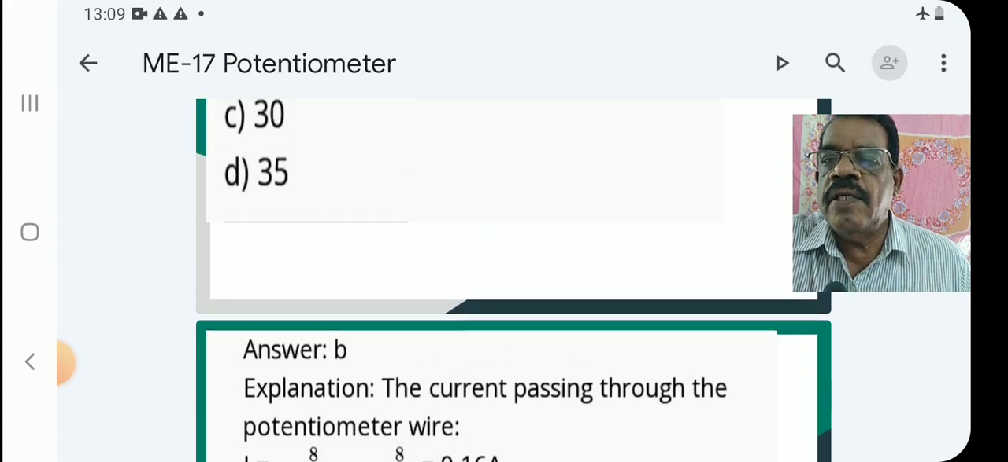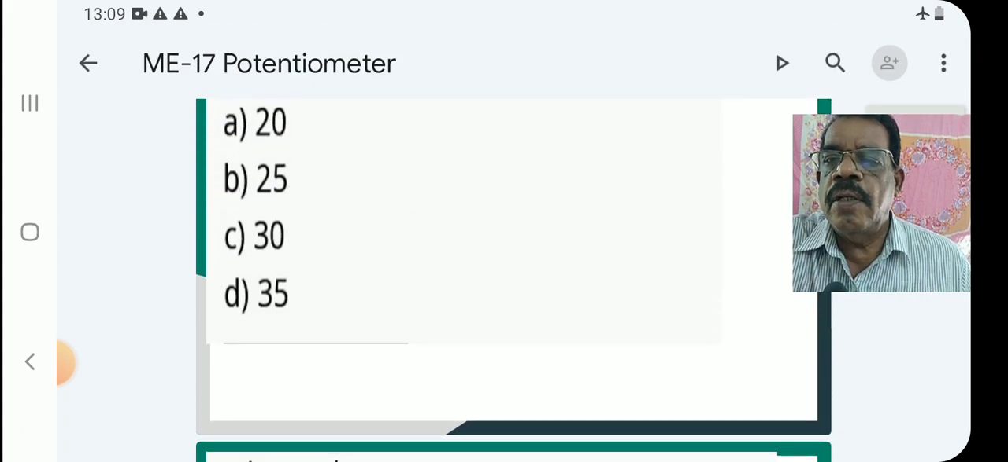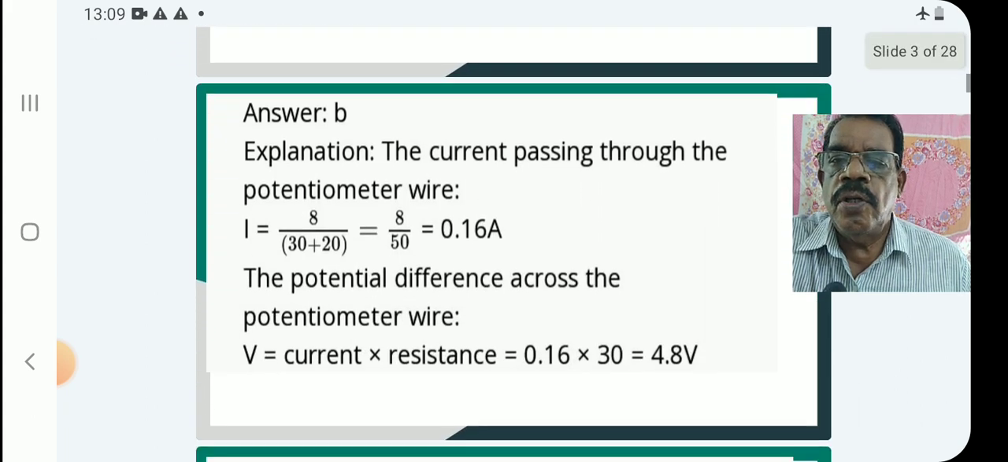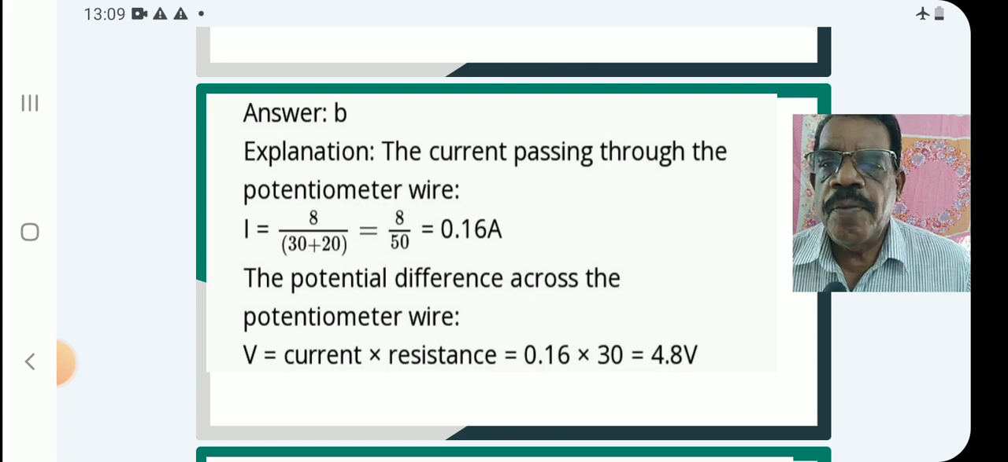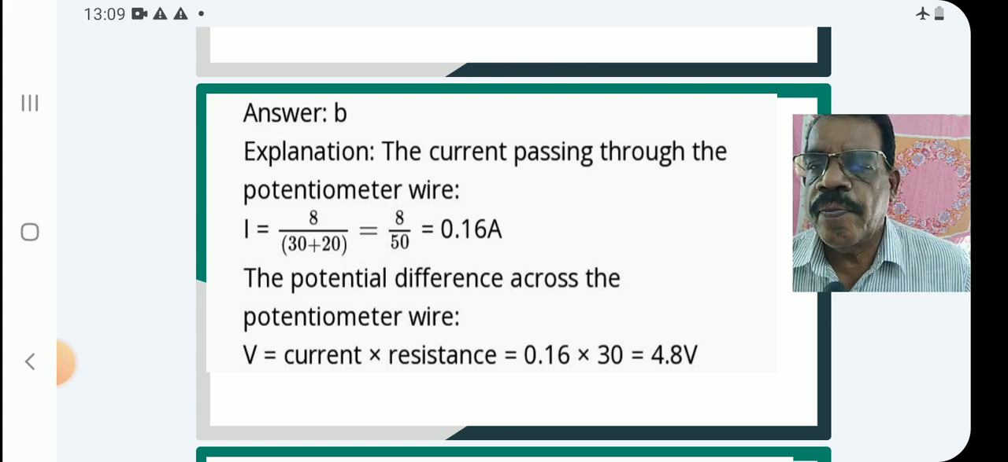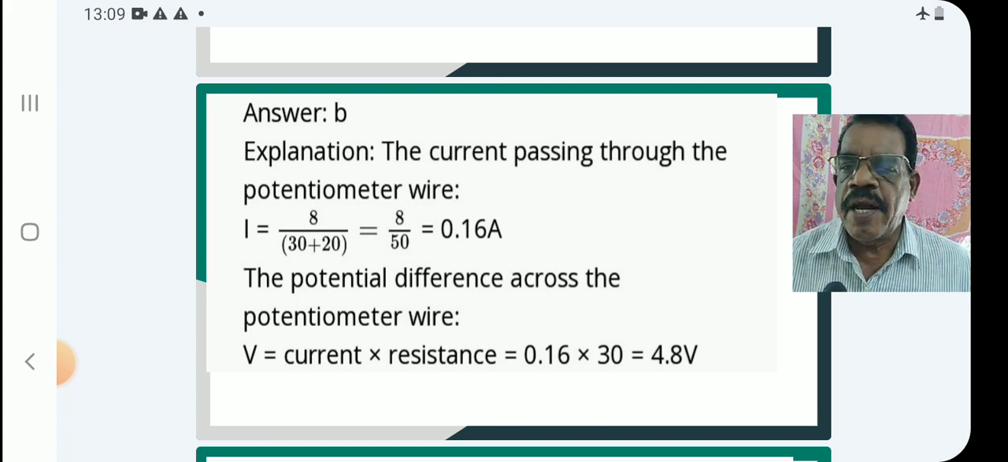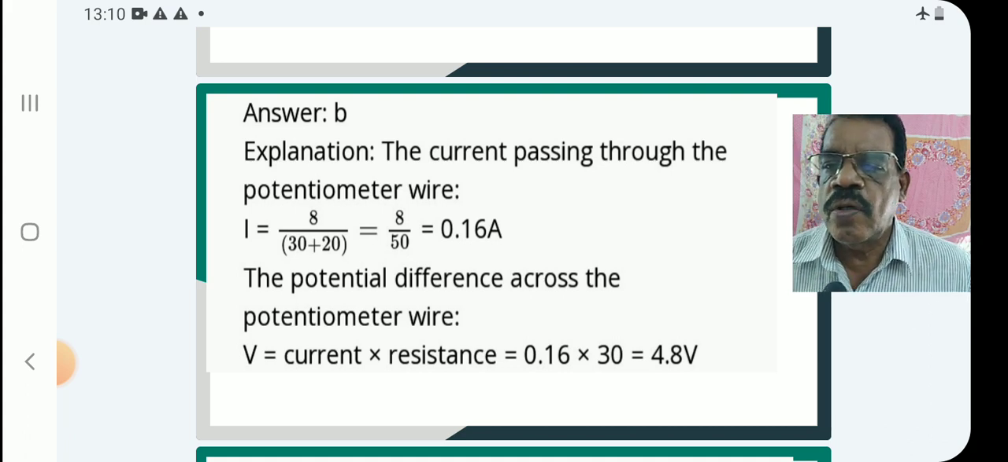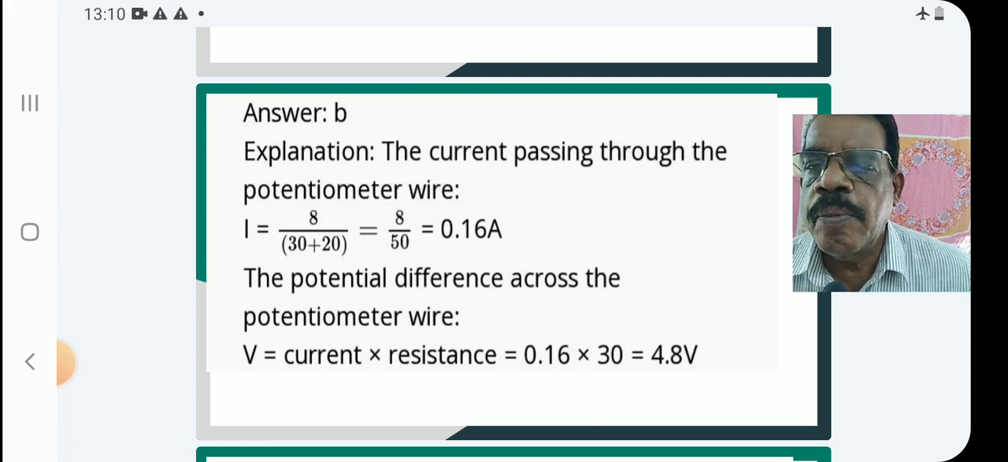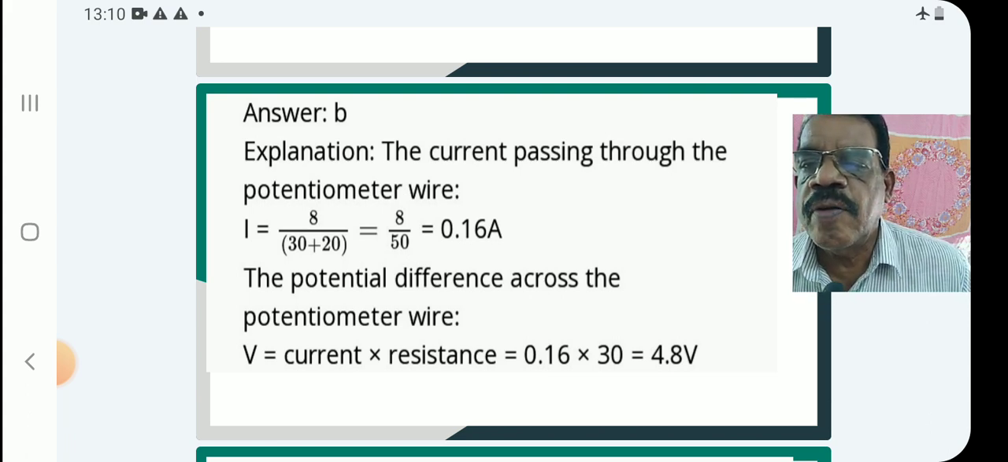Answer is B, that is 25 centimeter. You look at the answer, you see the solution. The current passing through the potentiometer wire is I equals V by R, where 8 is the volt supplied. 8 by 30 plus 20, 8 by 50, that is